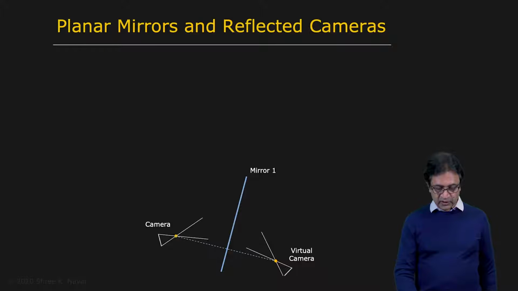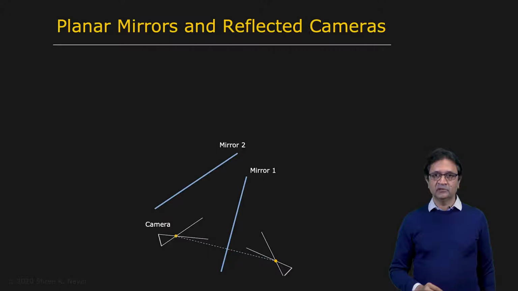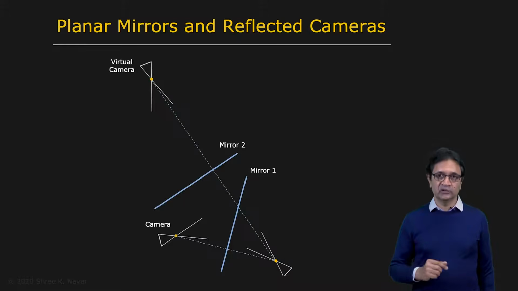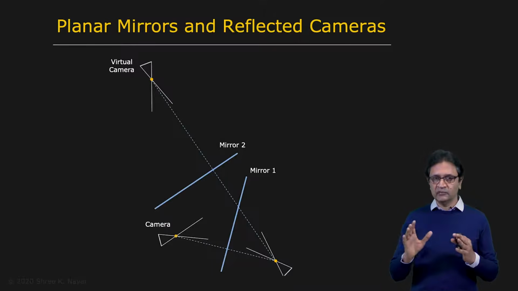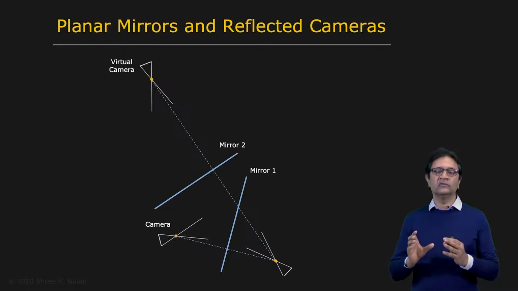So in other words, the viewpoint is reflected to this point right here, equidistant from the mirror, and the field of view is also reflected or rotated right here. So you have a virtual camera in place of your real camera. And so now what if you place another mirror in the field of view of this virtual camera? That's mirror 2. Then this virtual camera is going to be reflected again to create another virtual camera. So all this to say that you can use planar mirrors to play lots of games and manipulate or move around the position and the field of view of a real camera.